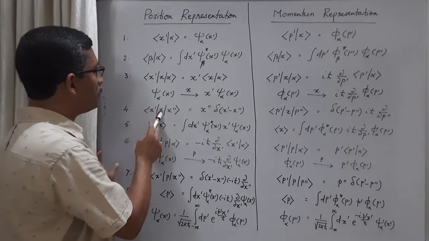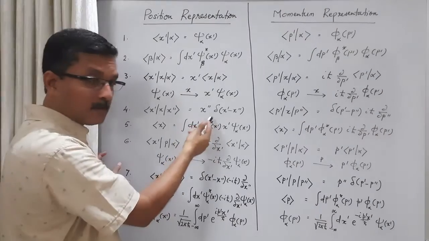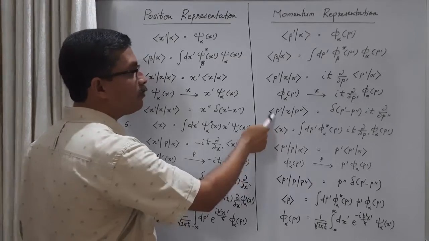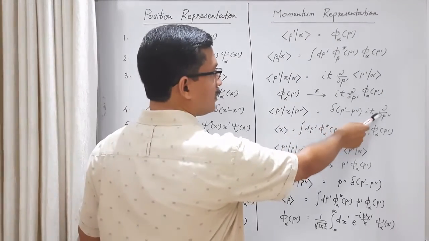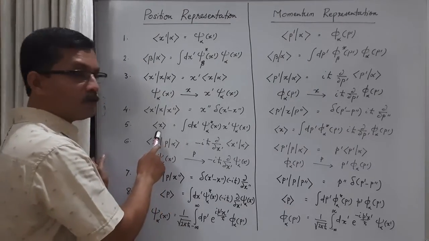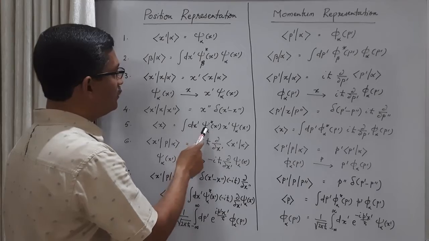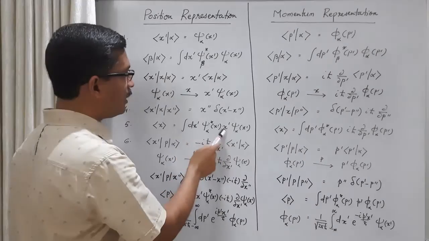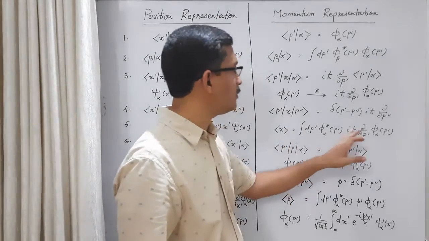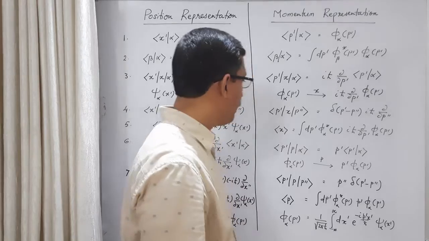Then the matrix element of the position operator in position basis is x prime or x double prime, whatever, times the Dirac delta function, whereas the position operator in momentum basis will be in this form. There is a derivative here. And the expectation value of the position operator in position basis is like this: integral psi star x prime psi, this is the eigenvalue. Whereas the expectation value of the position operator in momentum basis is like this. The operator form is i h-cross dou by dou p prime.